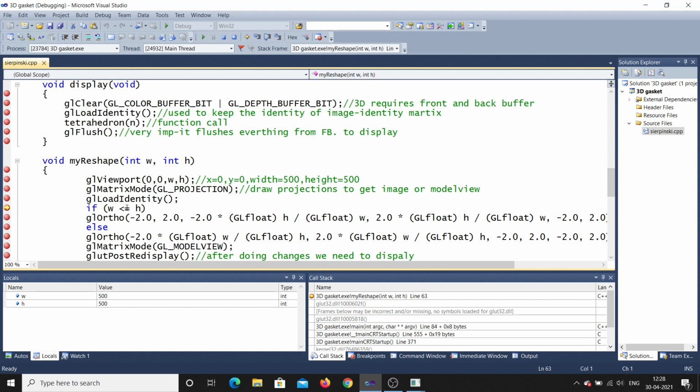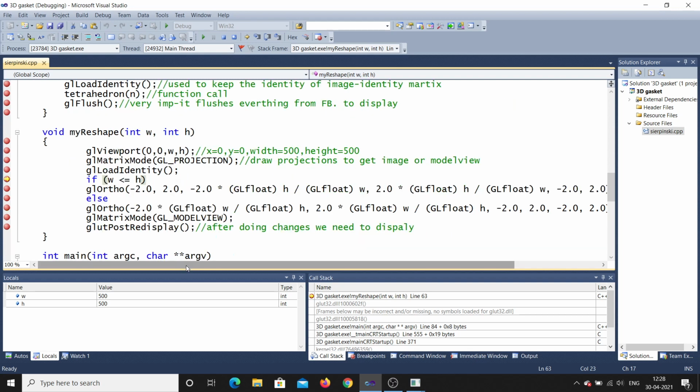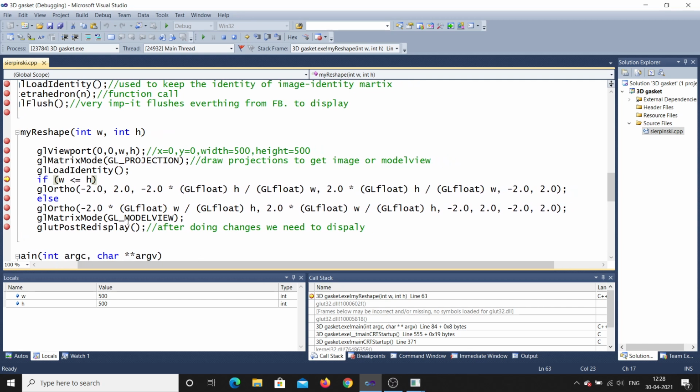So next, when you compile and run the program, you will get a window, that is the created window. Here the first condition: if width is less than or equal to height, that is, height is more, you should concentrate on height. Here there are a few parameters, glOrtho.